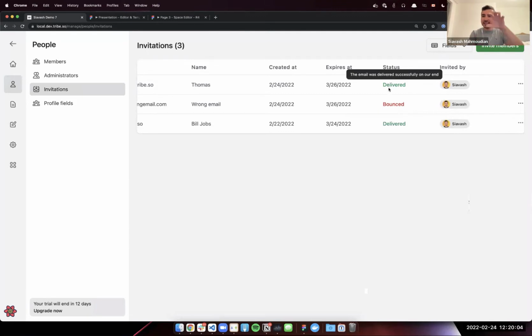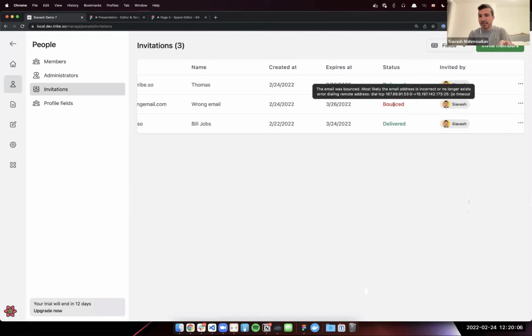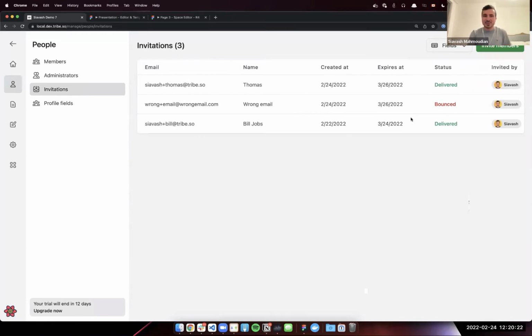So you will see the exact status of these emails. And if anything is wrong, we will also show you the extra error message that we received from their servers. Now, we're going to make this more user-friendly. Also, you can see who invited these members. This was not previously available, and now you can. And you can always resend these invitation emails or revoke them if you want.